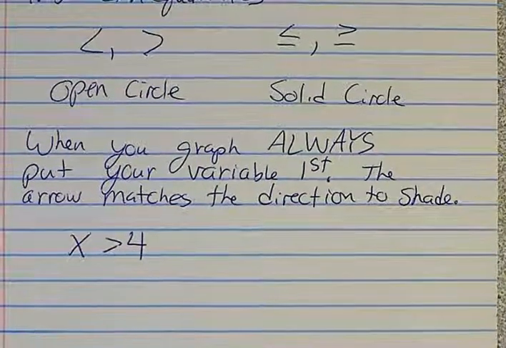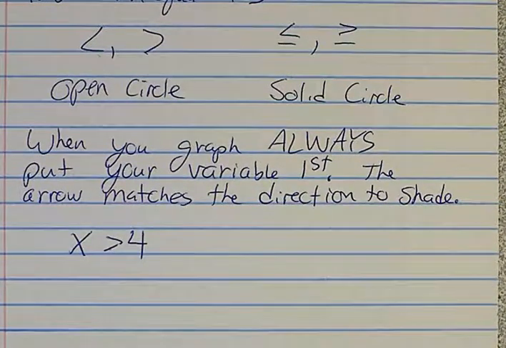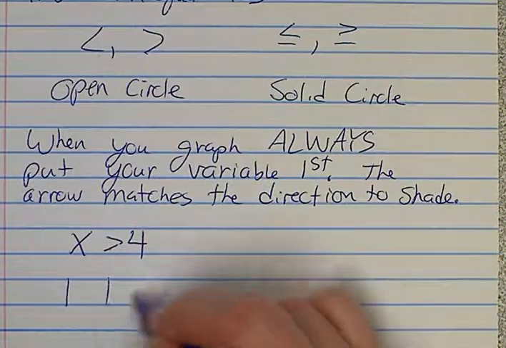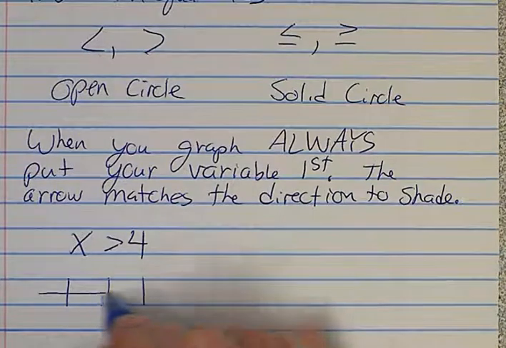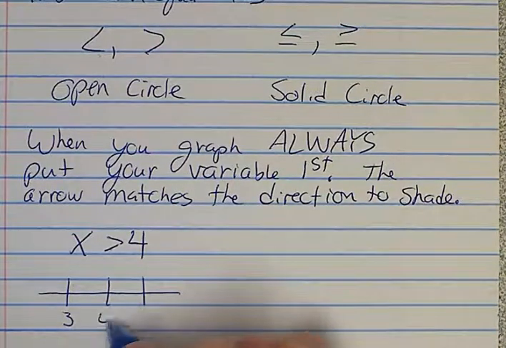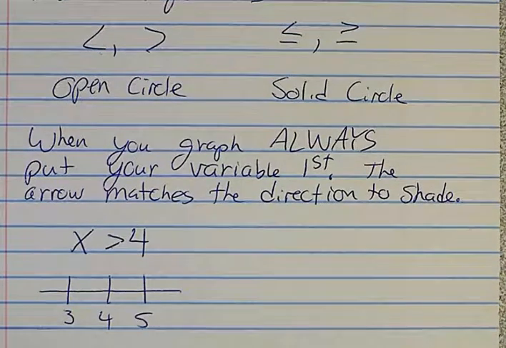Okay, so here's the basics. And again, going back and just picking up on it. If they give you x is greater than 4, if you have to graph this one, now, I'm not going to ask you to put 14 different points on there. Usually I'm going to ask you to give me 1 point on either side of it, one value either way. If it's x greater than 4,